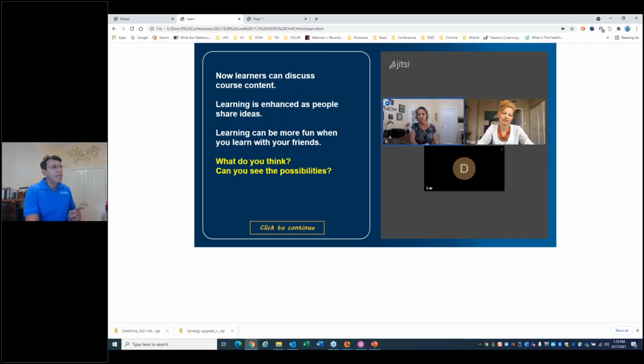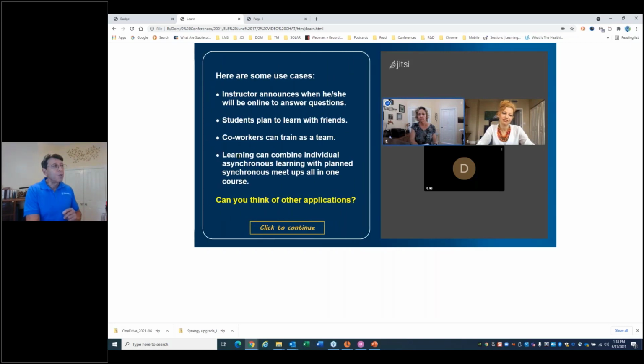Everything you're seeing right here is one page. And whenever I click to continue, I have content changing, sliding in, sliding out, hiding a layer, showing a layer. In Storyline, we use layers.